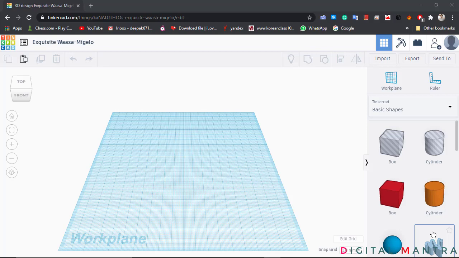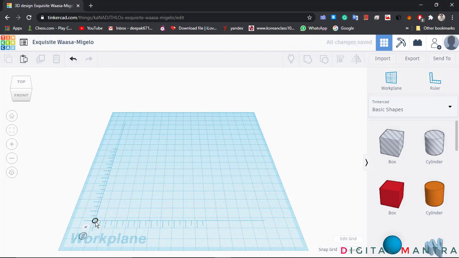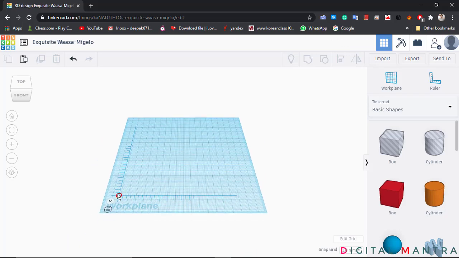So let's go to the work plane. First of all, drag a ruler, and then you can see when you hover your mouse cursor on this position, it gains the color red. What red means is you can drag it and place it anywhere on the work plane, but when you leave it, it will turn into a black color. It means it is positioned. So now let's position it at this location. Okay, so this is awesome.